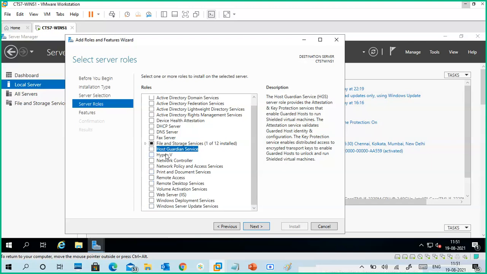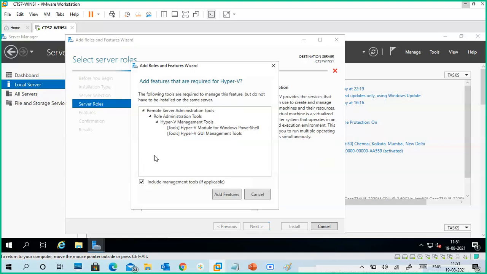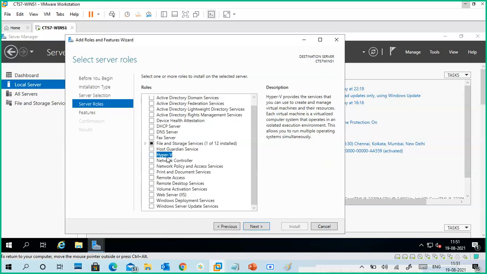We'll see that. So I selected Hyper-V here. Just click on Hyper-V, read the Hyper-V description, and check the box.